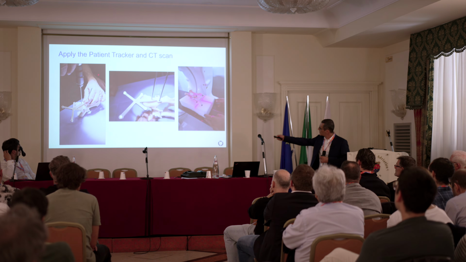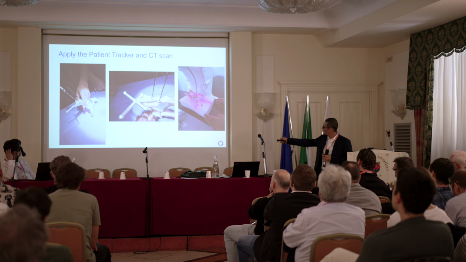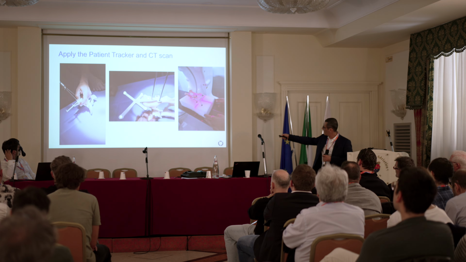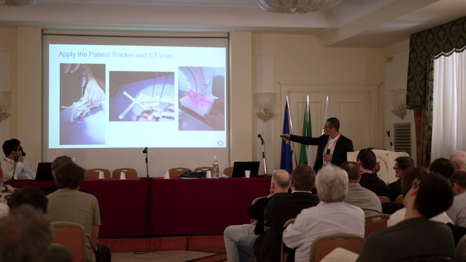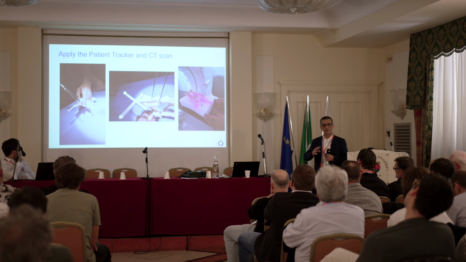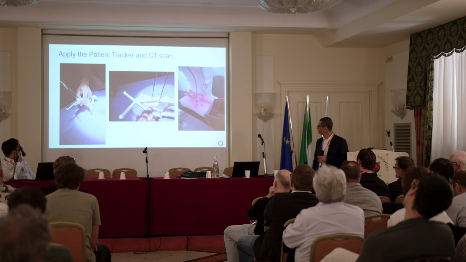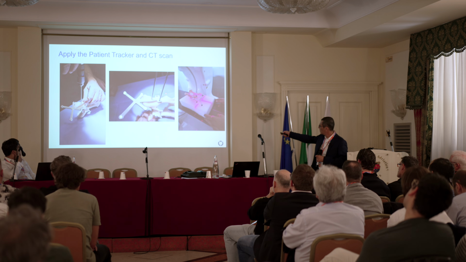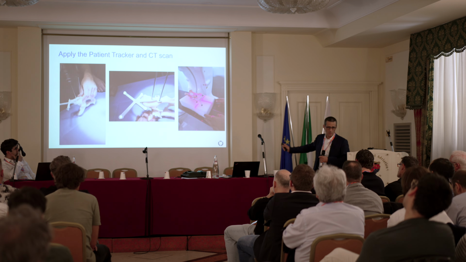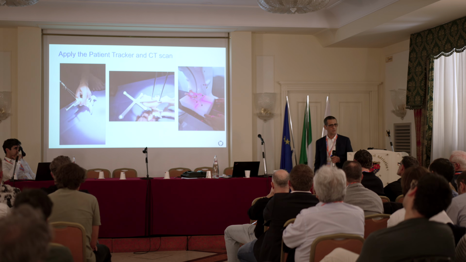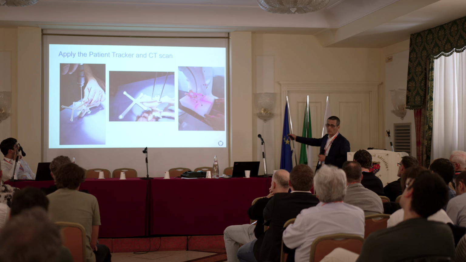The first step is to apply the patient tracker, and we decided to apply the tracker on the iliac wing with 2 pins in order to stabilize it perfectly and avoid movement of the tracker. It is not so close to the hip, so it's far, and it's not a problem for the surgeon. After this, we apply and we scan,